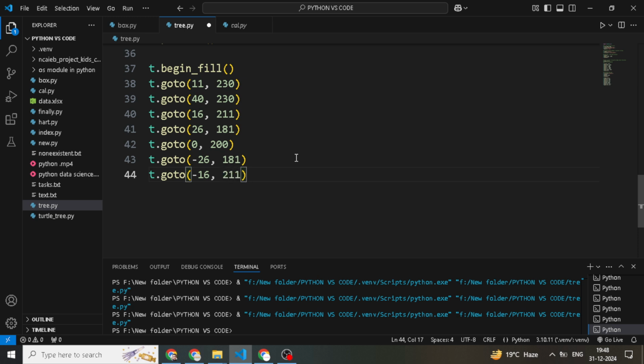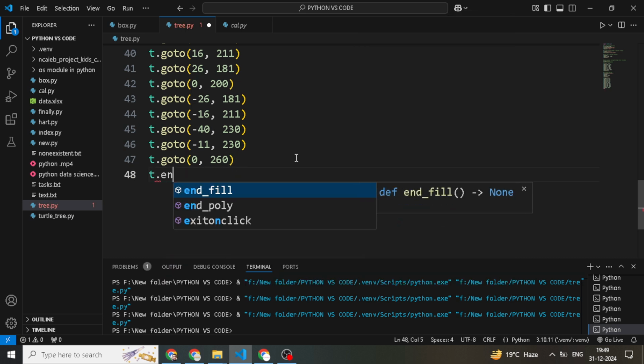Okay, again -40, -230, then -11, -230, and again 0, -260, 260. Then t dot end_fill.